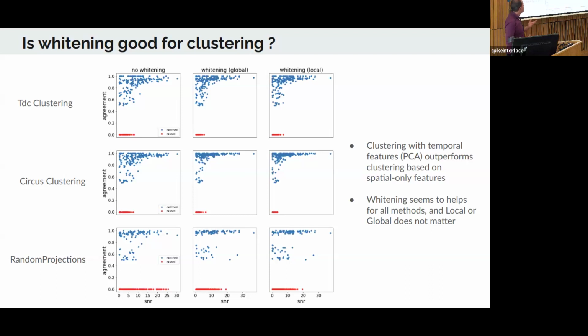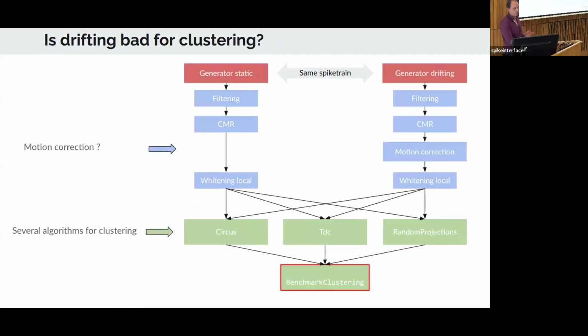And spatial temporal feature seems to outperform just spatial one. Something that could have been guessed, but still it's worth testing it. And now we can also assess, okay, but now let's take my static recording and let's say I'm whitening it because I discovered that whitening is beneficial for my pipeline. And I will compare it to my drifting recording that will be motion corrected in the best manner I could think of those days with Charlie's method, let's say.